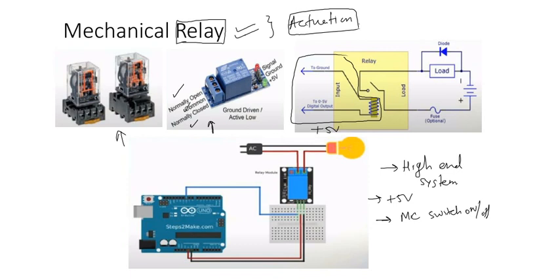Okay, so now we'll see how it works. In the normally open case, the switch is not connected. Whenever you connect the wire between normally open and common, the switch will be connected, and you can switch on the high-voltage power supply. So these are the Arduino connections of the relay. Suppose you want to operate this bulb and this is your power supply. One wire will be connected to common and another to normally open.